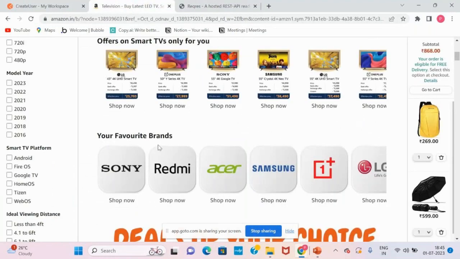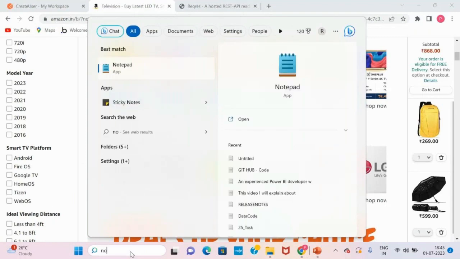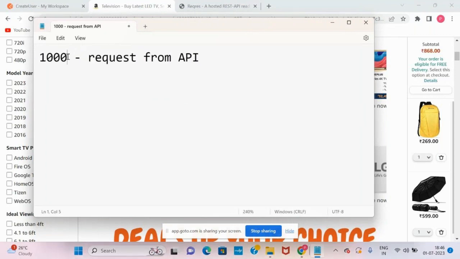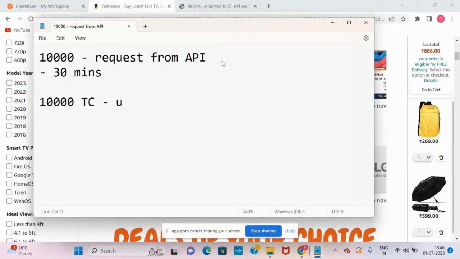And if I talk in terms of time, some real-time examples, if I run 10,000 requests from APIs, let us add one more 10,000 requests. What does it take? It will not take more than 20 or 30 minutes. In 30 minutes you can complete this. But if you have 10,000 test cases from the UI, it will take 2-3 hours minimum. You cannot make it faster, because